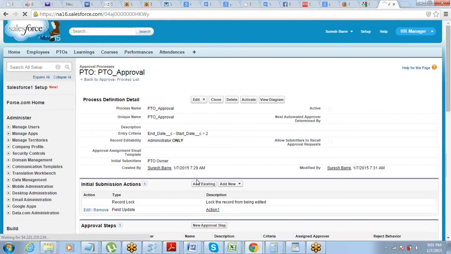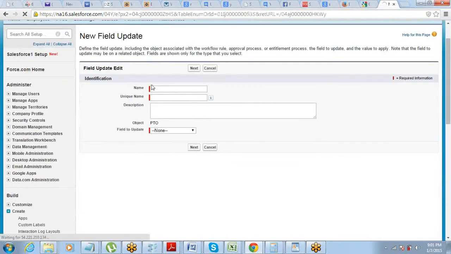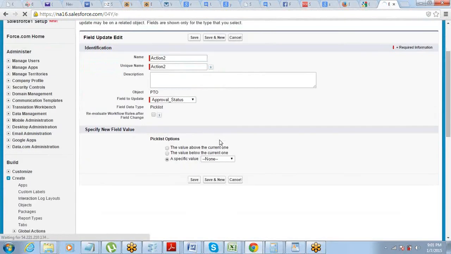So when the record is initially submitted for approval, at that time what do I want to do? I want to update the field to pending, right? So let me go and add a field update and say pending. Give it any name. The field that you want to update, what is the name of that field? I want to update the approval status field, right?